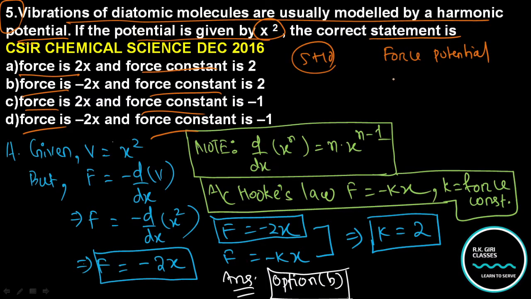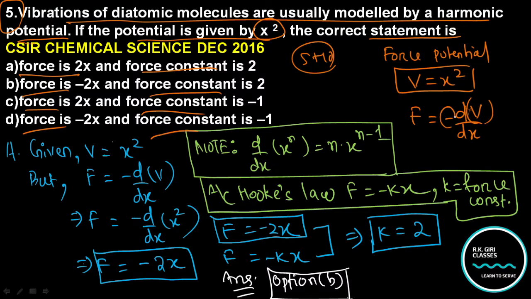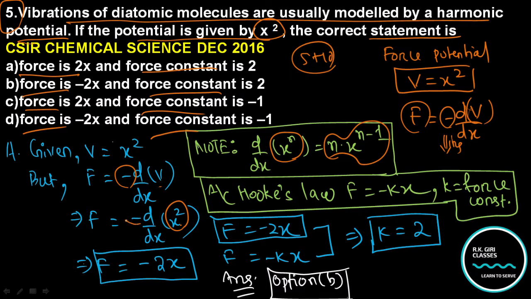Before going to the point, you know that the given data is v is equal to x square, and you have to remember this one, f is equal to the derivative of v with respect to x, and that is negative. That means this is decreasing, that's why negative symbol there. That means minus dv by dx, and you know that already d by dx of x to the power n is equal to n into x to the power n minus 1. You have to find the derivative of x square with a negative symbol. What is the answer? 2 into x to the power 2 minus 1, that is minus 2x. F is equal to minus 2x.